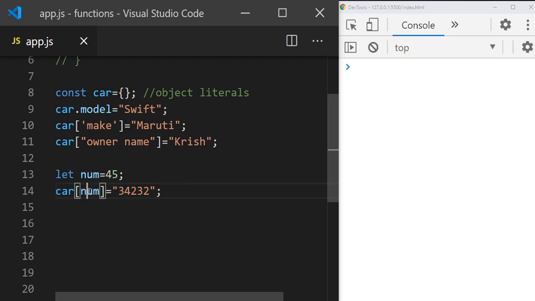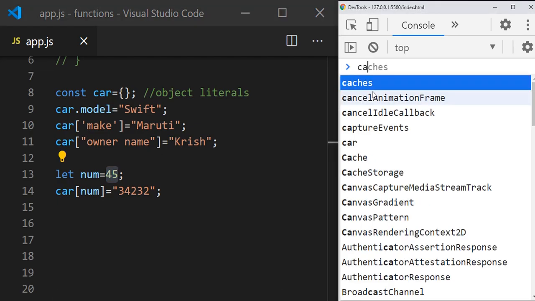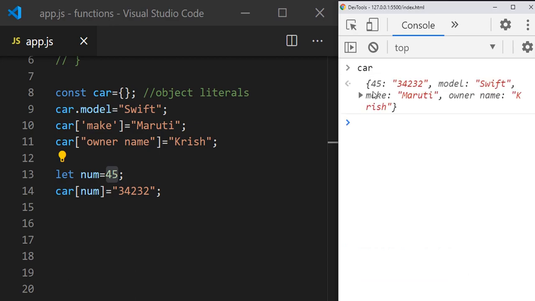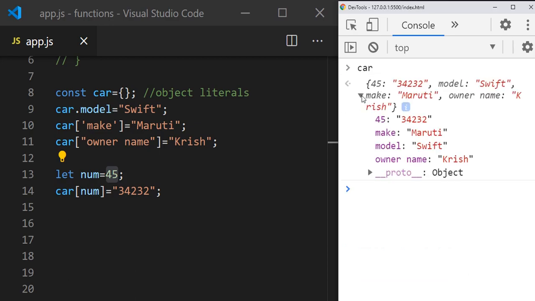We have added the num property, whose value is 45. So how will it be converted when the object is created? Car, enter. You can see 45 added, along with make, model, owner name. But this will be converted to a string.